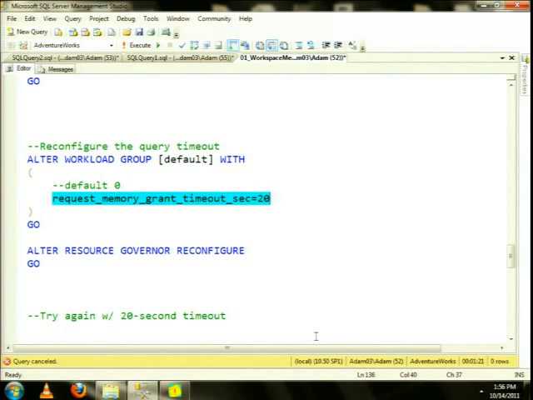Now, 20 seconds is just some arbitrary number that I've chosen, so it's fast enough that we don't have to sit here waiting as I run the demo. I'm not telling you that 20 seconds is a good idea. You need to look at your own workload and come up with what you think is a reasonable number for this. What is not a reasonable number, however, is 0, waiting 24 hours for the query to finish,